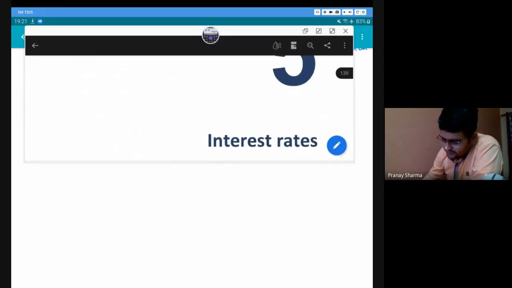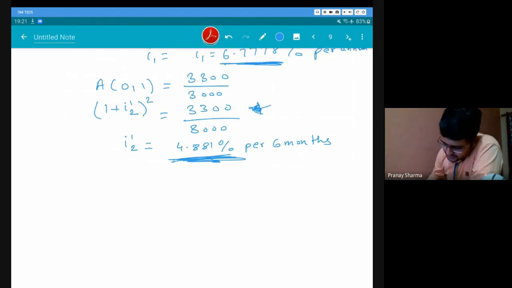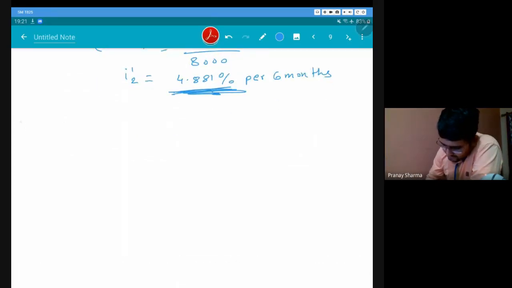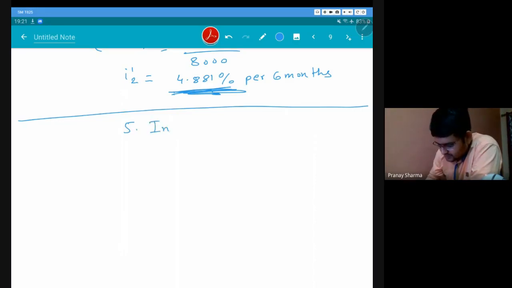Okay. So our 5th chapter is called interest rates. Here, we will not necessarily always give interest every year. Sometimes we have to give interest multiple times a year. Why would we give interest multiple times a year? Now, one of the places where we get interest multiple times a year is banks.